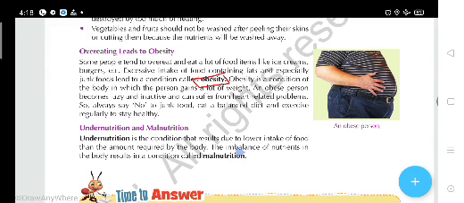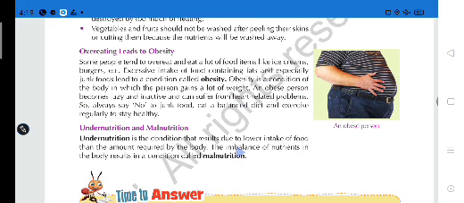And if you are suffering from obesity, then obviously your weight will increase. An obese person becomes lazy and inactive and can suffer from heart related problems. So always say no to junk food, eat a balanced diet and exercise regularly to stay healthy. So students, always eat a balanced diet because it will keep you healthy.